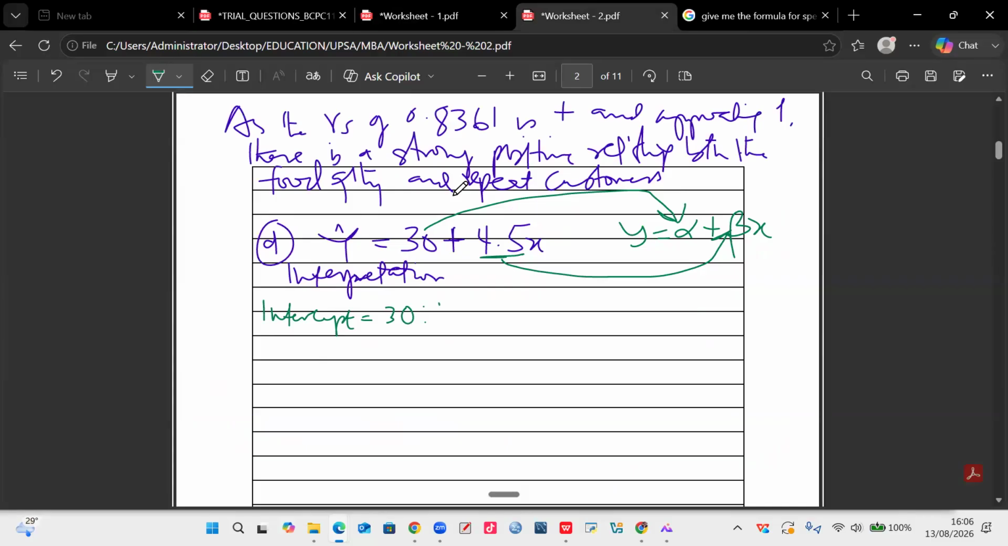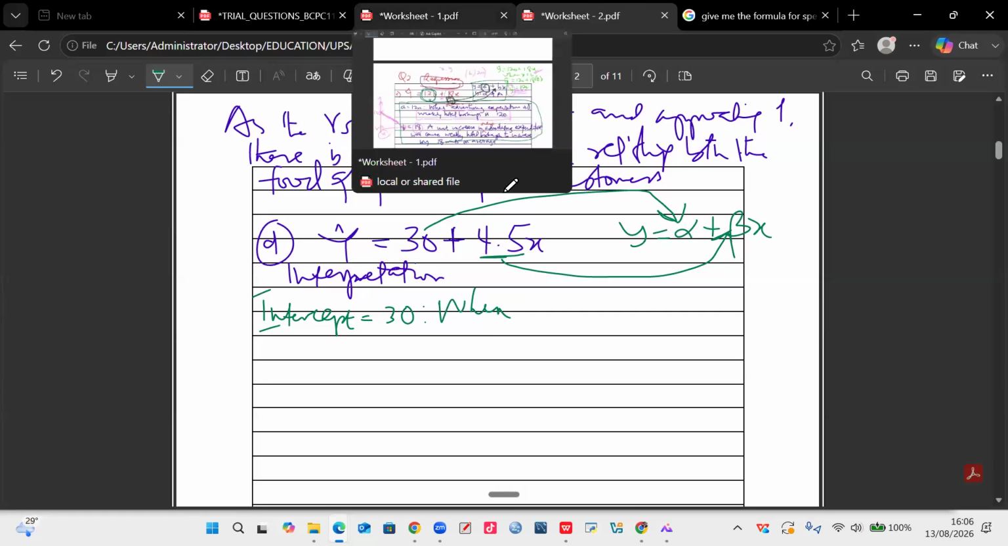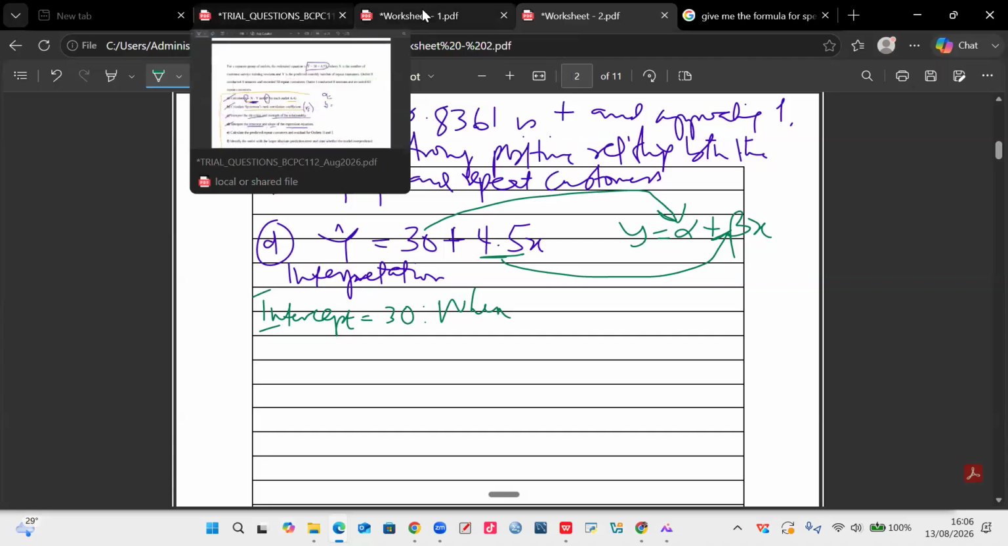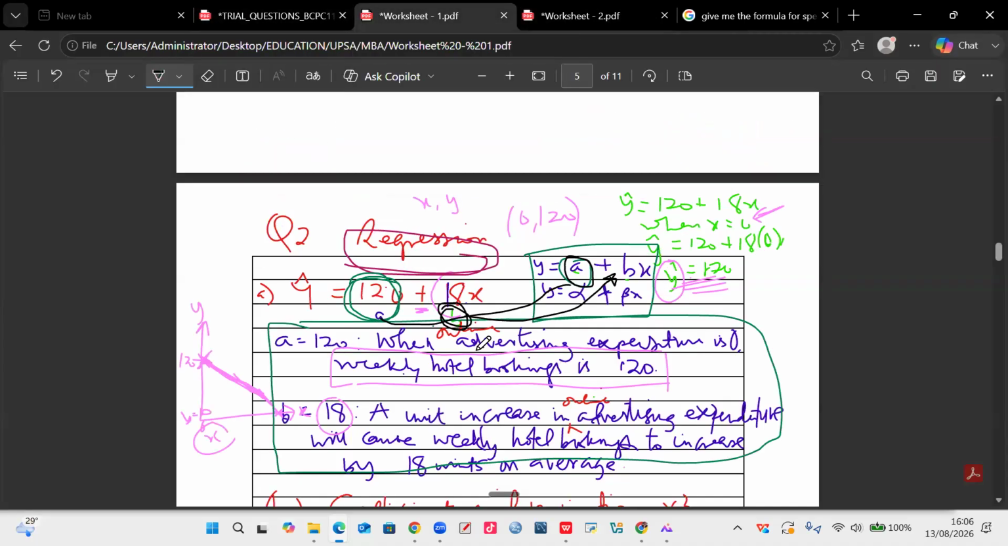So we'll write that. Can we go back to the question? You said we should interpret the intercept and slope. So what do you write? Write that the intercept is equal to 30 when 30 plus 4.5. No, look, watch here. When advertising expenditure, which is the X, is 0,